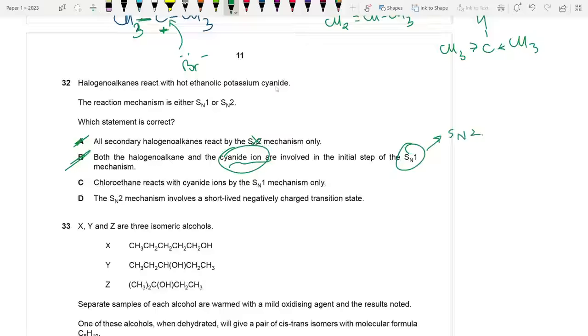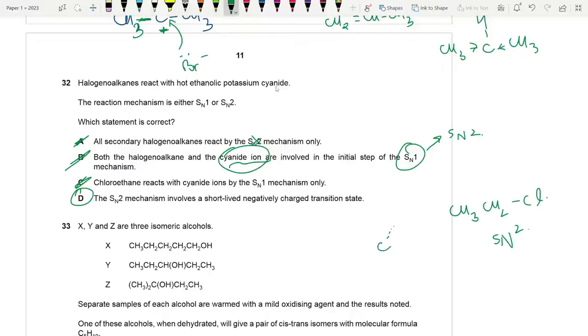Okay, B is wrong. Chloroethane reacts with cyanide by SN1. No. Chloroethane, CH3, CH2, Cl. This is a primary halogen alkane, so it should be SN2. This is wrong. The SN2 mechanism involves a short-lived negatively charged transition state. This is perfect. We get a short-lived state where